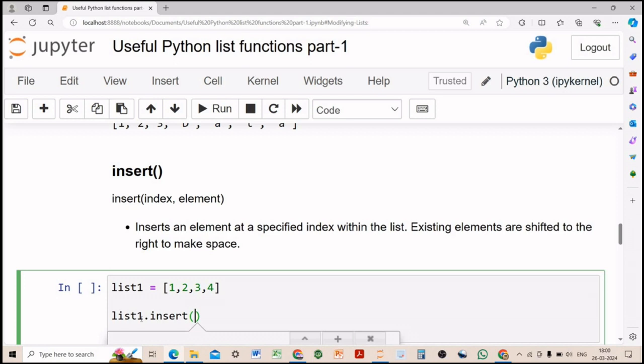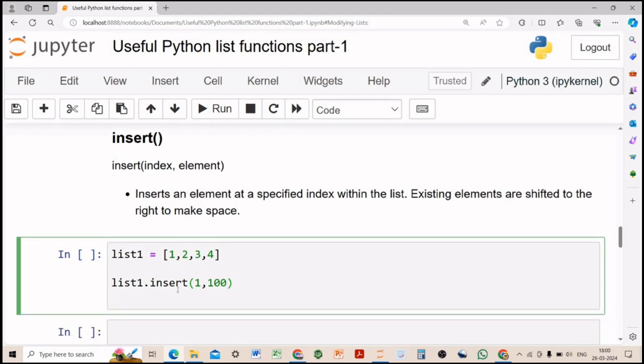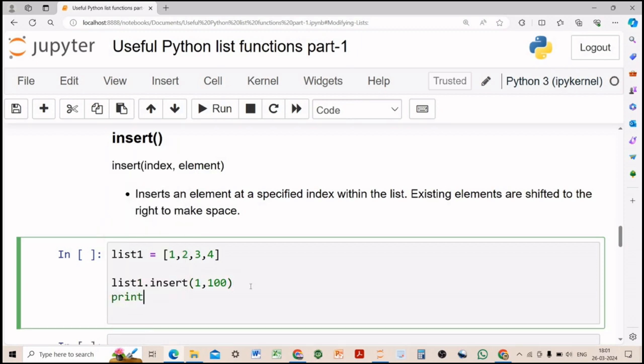I want an element at the first position. Which element? I want to add 100 at the first position in this list. Then I'll use list1.insert. Here I passed the index because I want the element 100 at the first index position. For that I have passed the index 1 and element 100, and if I print this,